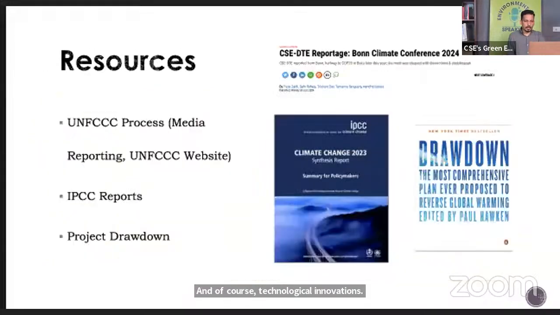So these are, again, some of the resources that could be referred to by the educators, by the students and others. Bonn Climate Change Conference was held in June this year, and COP29 is about to be held. And therefore, there's a lot of information on what happened at Bonn and what is expected at COP. So tracking the current developments and conversations is also very relevant for students.